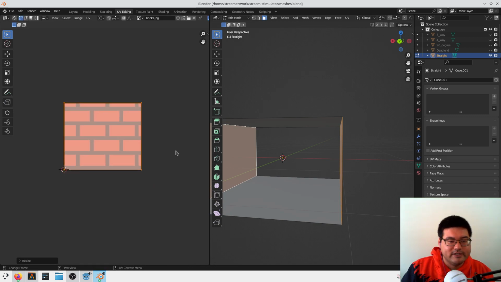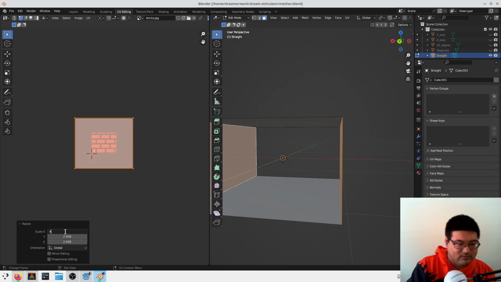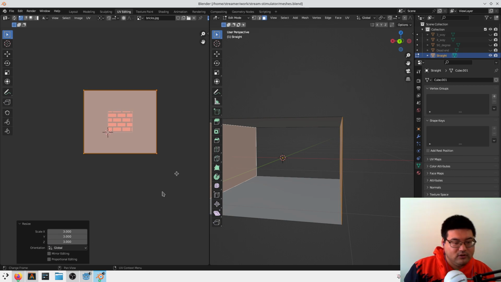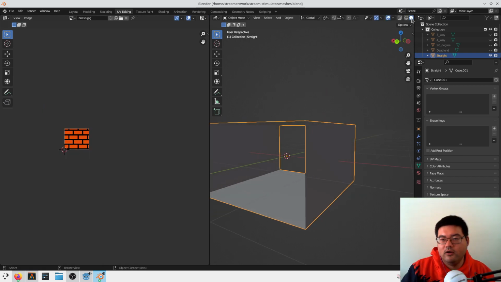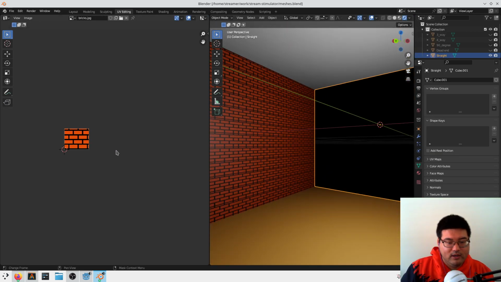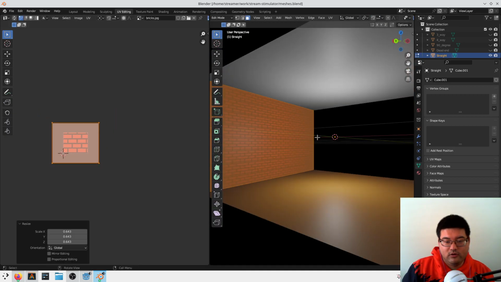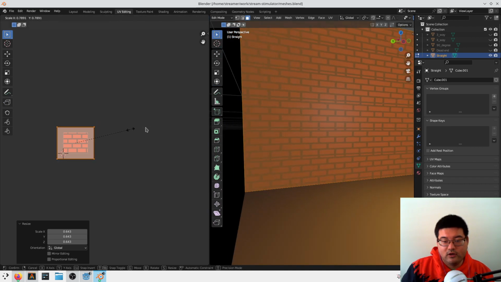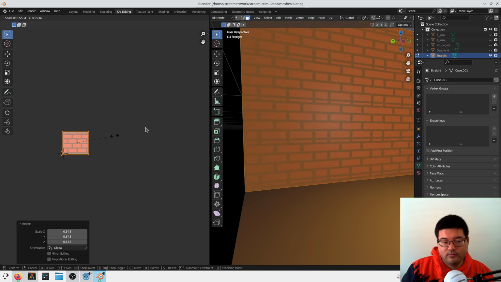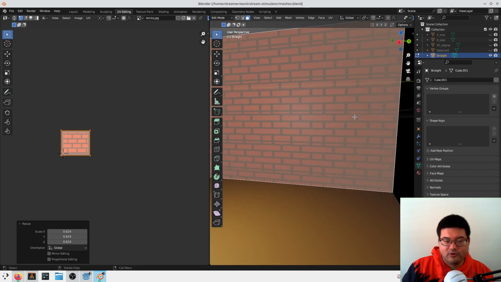Just really precisely. There must be a better way to do this, but whatever. This can be 4 times in this direction. No, 3 times. Okay, what does it look like now? Okay, too big. Can I scale? What's a reasonable size? Like this? I think they're bigger in the